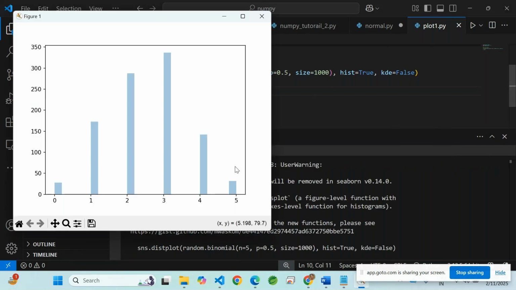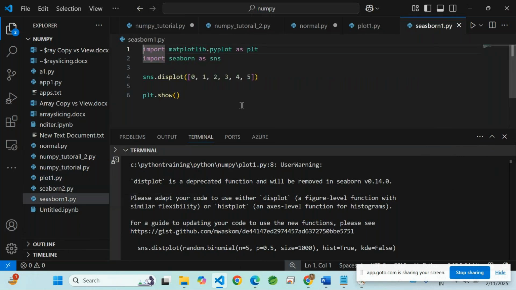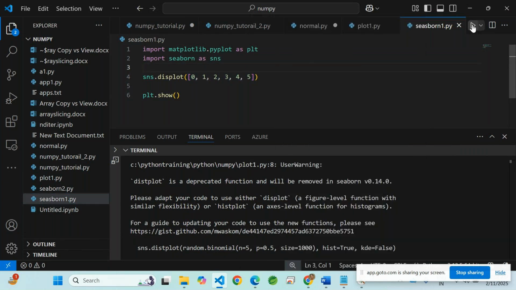Now it is taking from 0 to 5. Can you make different graphs, right? Yeah, we can make it. And then there is one more simple example for the Seaborn library. This plot displays a plot of 0 to 5 and shows that. Now without generating any random numbers, if you wanted to display that,